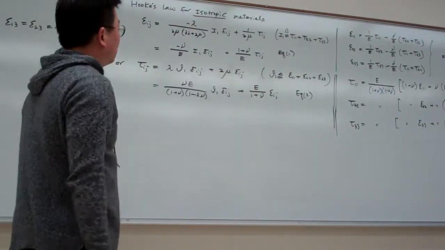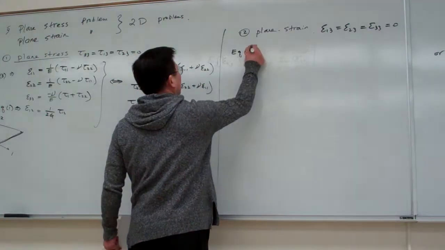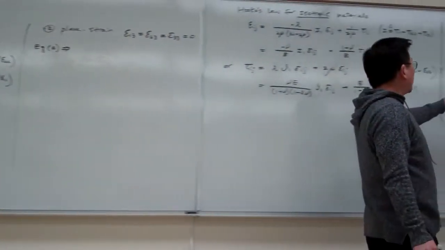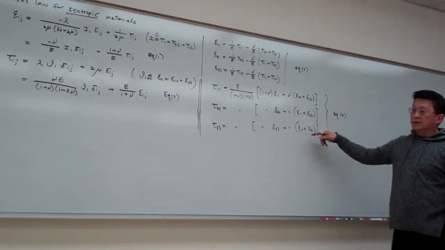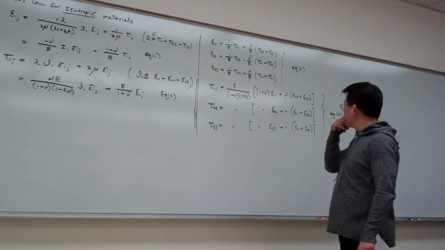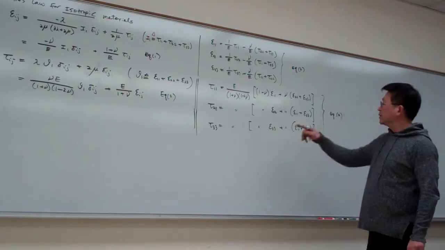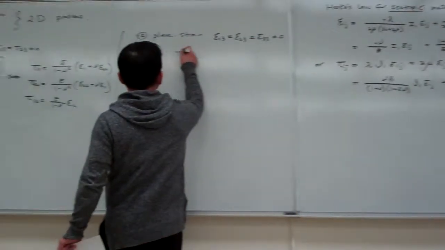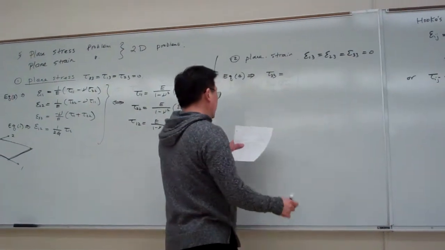Okay, so here let me utilize equation 4. For equation 4, we simply plug in the zero elements of the strain there. So let me start with this one. So tau 3,3 equal to